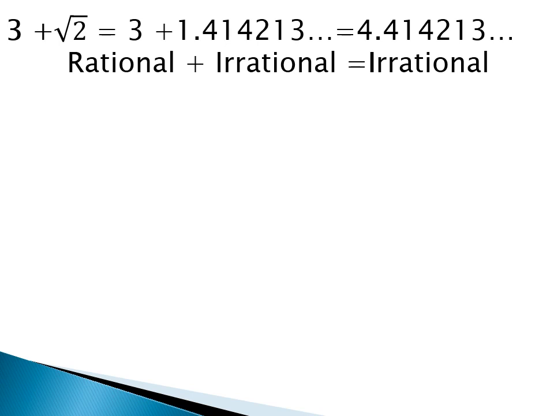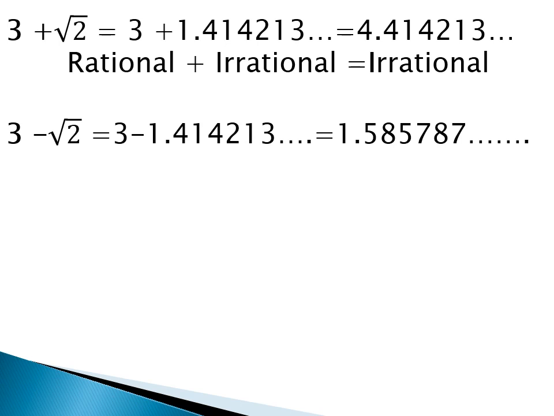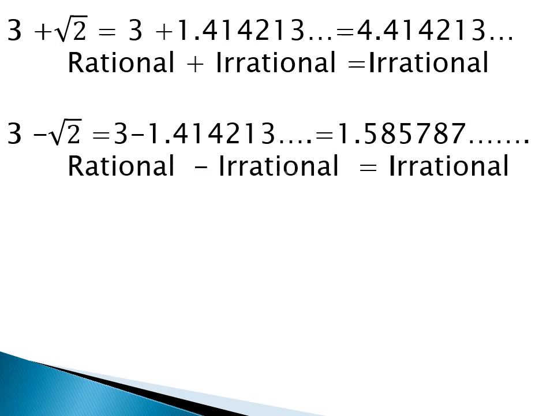So when we take the sum of one rational number and another irrational number, your answer is irrational. Now we will go for the difference. Rational number minus an irrational number, that is 3 minus root 2. So for 3 minus root 2, the value of root 2 is 1.414213. When we subtract this number, we get 1.585787 etc. That means it is also non-terminating non-recurring decimal, so it is called an irrational number only. One more time with the steps: rational minus irrational, the answer is irrational.